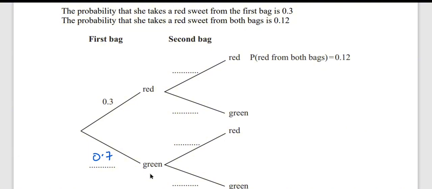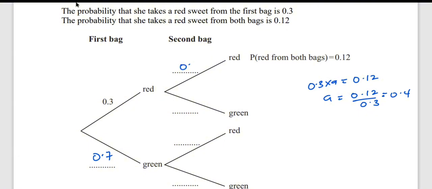How do we get that? It simply means that let's call here A. So we're going to find the value of that A. Probably we need to stick in the A. So it simply means that 0.3 times A will give us 0.12. That means A is equal to 0.12 over 0.3. So let's work that out. 0.12 divided by 0.3. So that will give us 0.4. So here we have 0.4. So we can print that